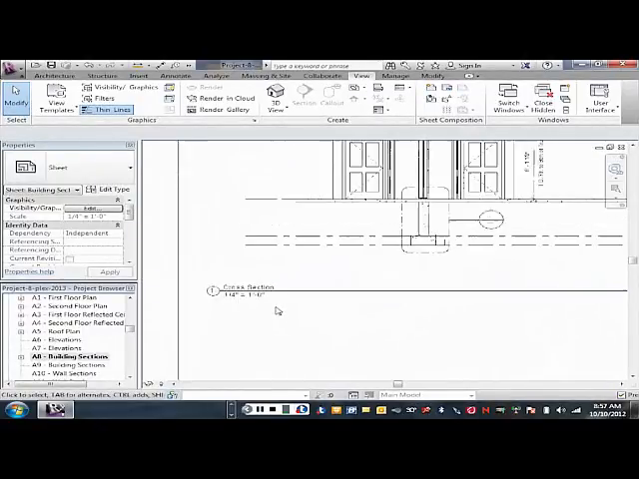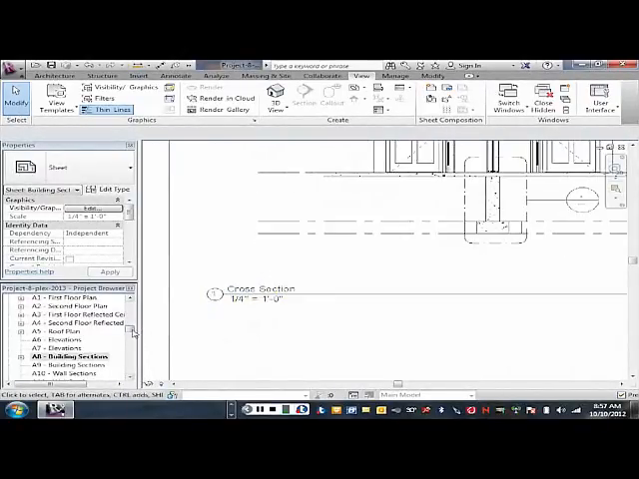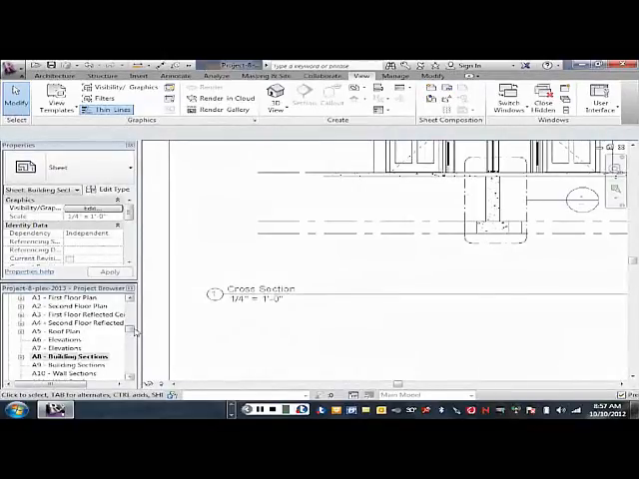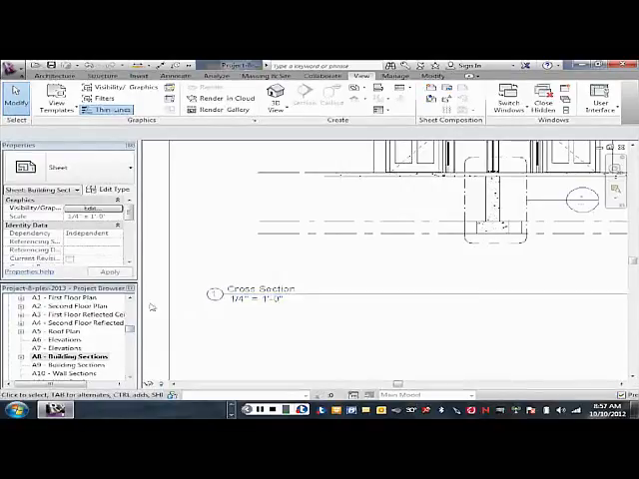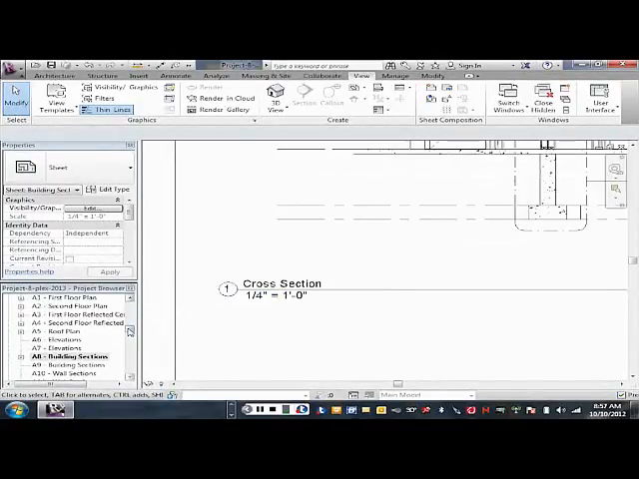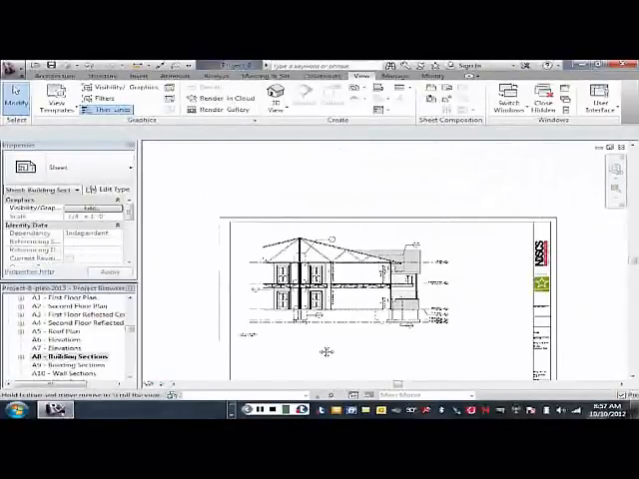The other thing we want to make sure we do is identify these sections. You can see that mine is called cross section. Yours might be called section 1 or something like that, section 2. We want to make that say what we want it to, so I labeled mine section 1. Now if I want to bring on some of those details,